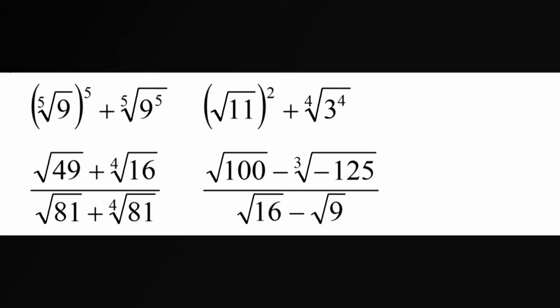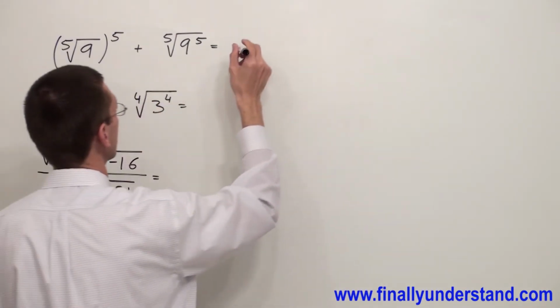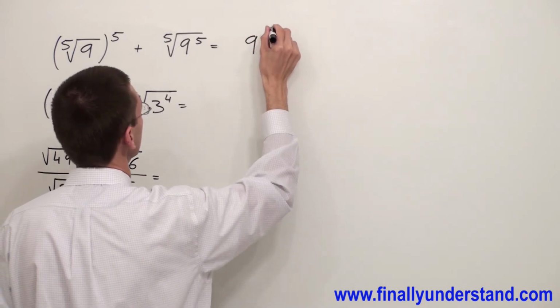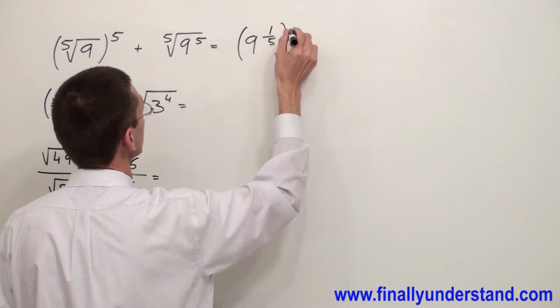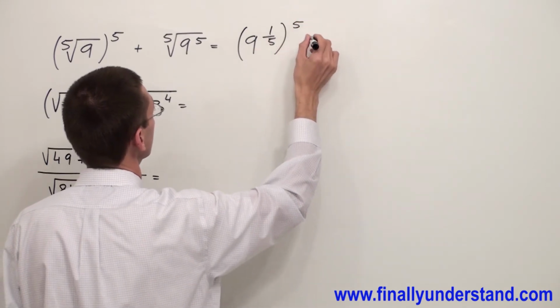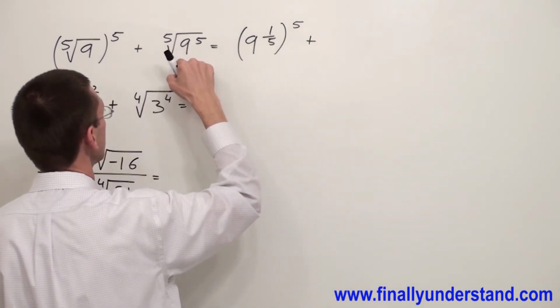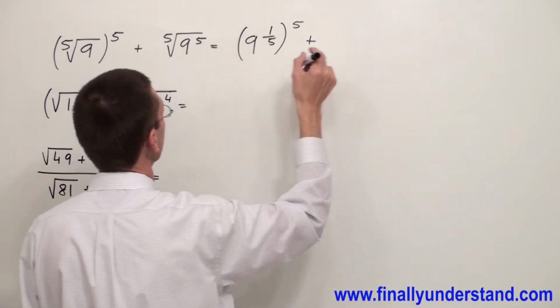Let's take a look at the first example. I'm going to convert the radical to the exponential form. I'm going to have 9 to the power 1/5 inside of the parentheses raised to the 5th power. Plus, the second radical I'm also going to convert to the exponential form. I'm going to have